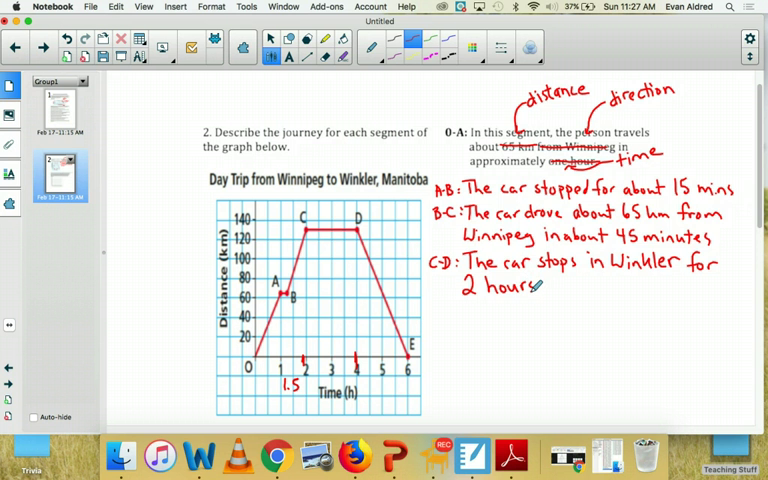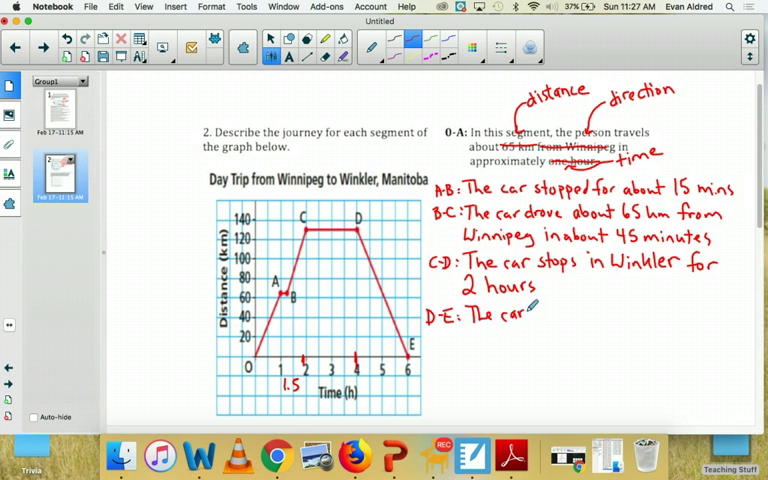And then our final segment, D to E. Well, they're leaving Winkler, now they're heading back to Winnipeg. So everything moving upwards, all lines moving up, are heading away from Winnipeg. So in turn, all lines moving down would be heading back toward Winnipeg. So they start at 4 and they end at 6. So segment D to E,